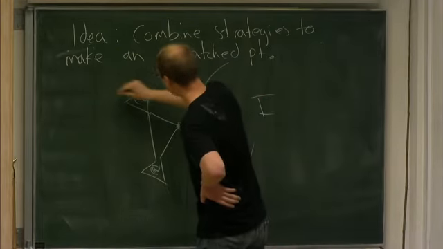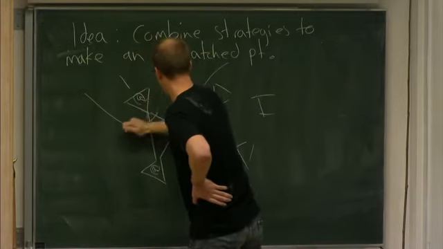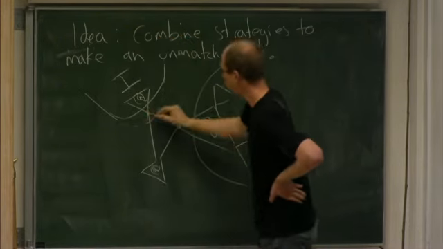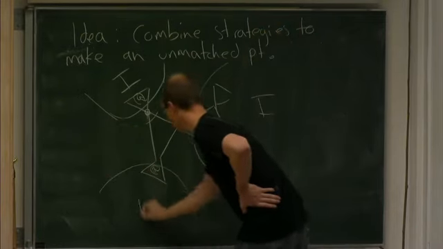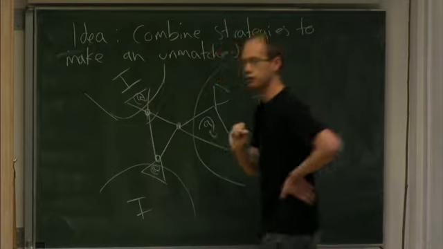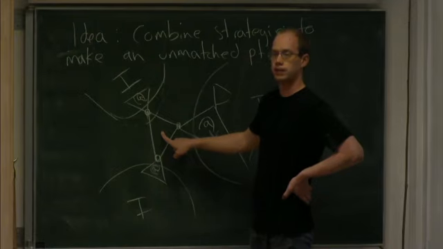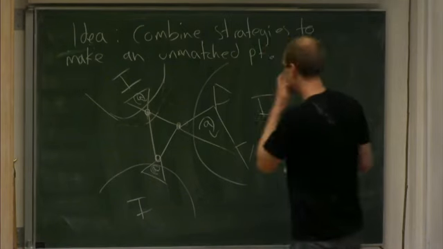But if I copy that strategy and shift it and let it act here, this point will correspond to an unmatched edge. And if I copy the strategy and let it act here, this point will correspond to an unmatched edge of this triangle. And so this triangle is unmatched to anything. Okay? So combine strategies to make an unmatched point